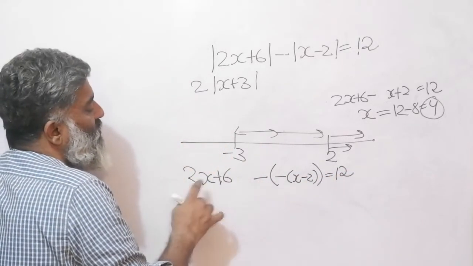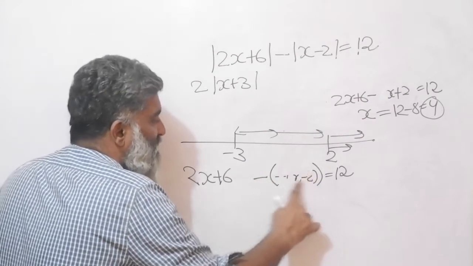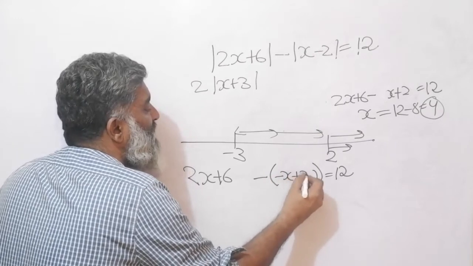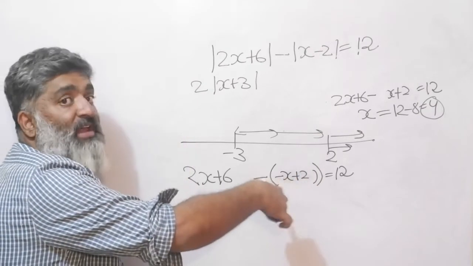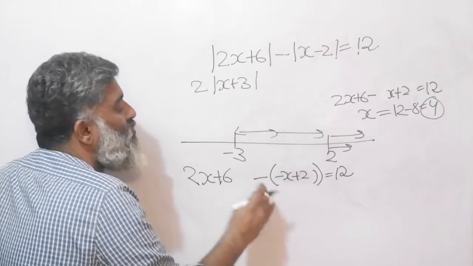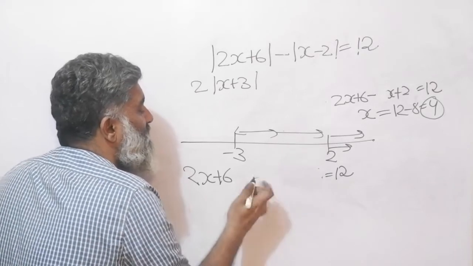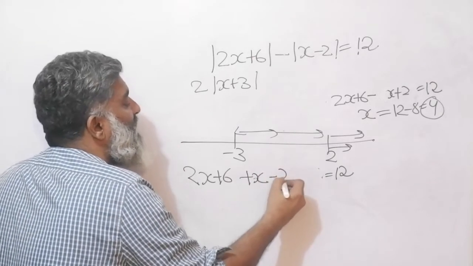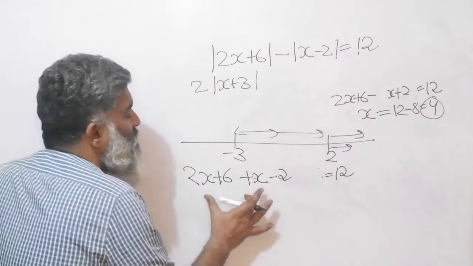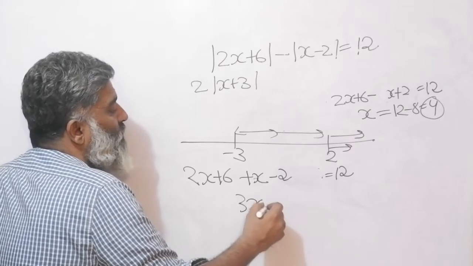Try and solve this now. 2x, a minus into a minus, let me simplify this also. This will become a minus x plus 2. A minus into a bracket of x minus 2 will give you a minus x plus 2. And if I further open the bracket, a minus into a minus will give me a plus x and a minus 2, because there was a plus 2 inside the bracket. Rewind and check. So you will get a 3x, and a 6 minus 2 will give you a 4.